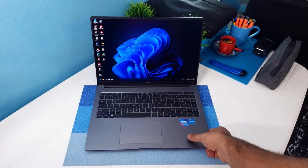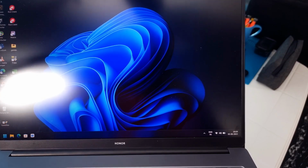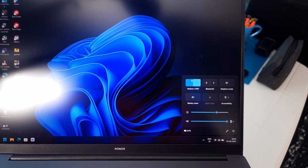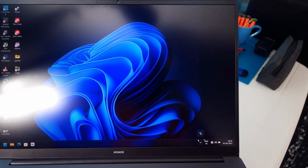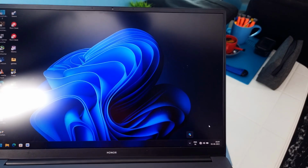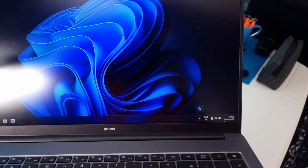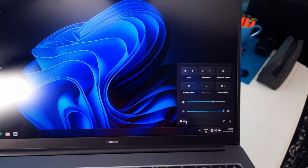First of all, I'm just going to be showing you the settings which I'm going to be following. For example, the wireless will be turned off. I've also disabled all the startup things which run in the background, basically just keeping it as bare bones as possible. Currently it says 87%, and I'm going to be charging it